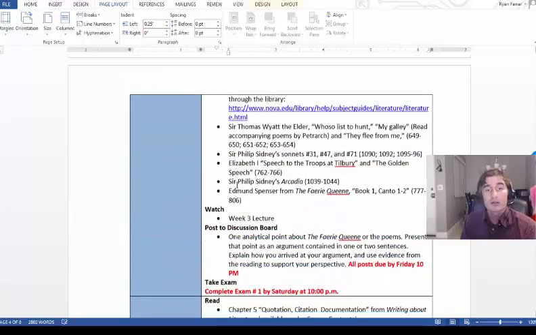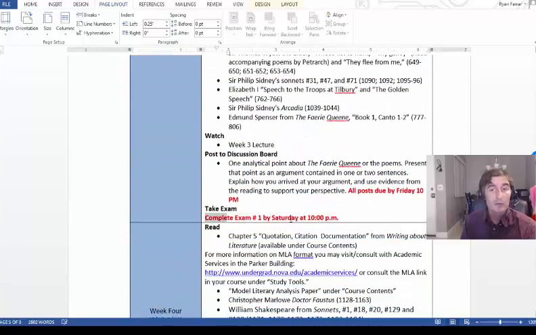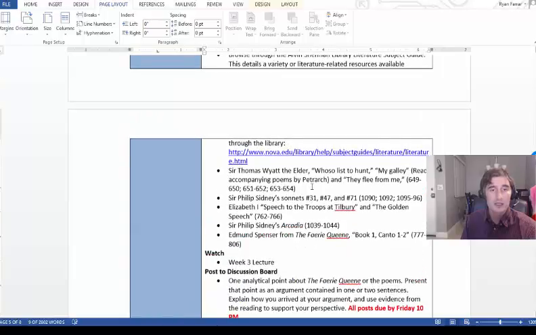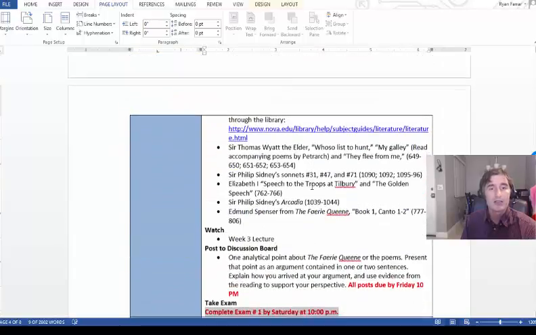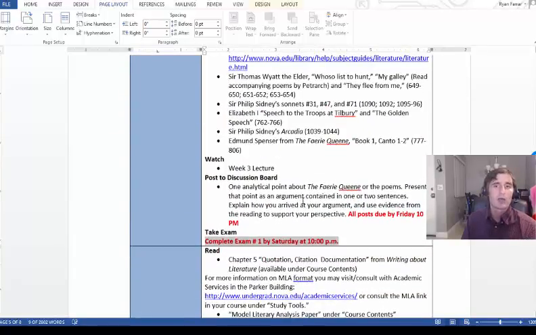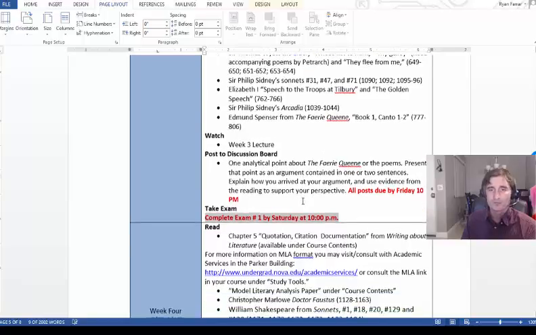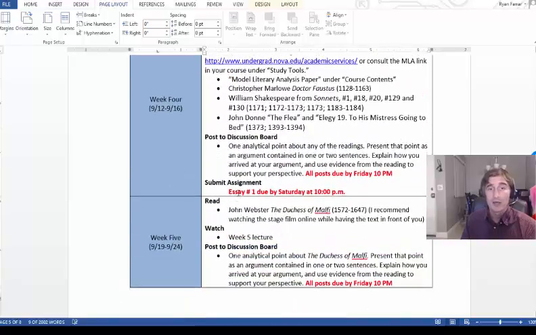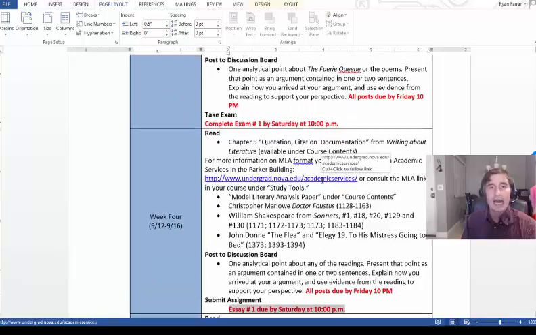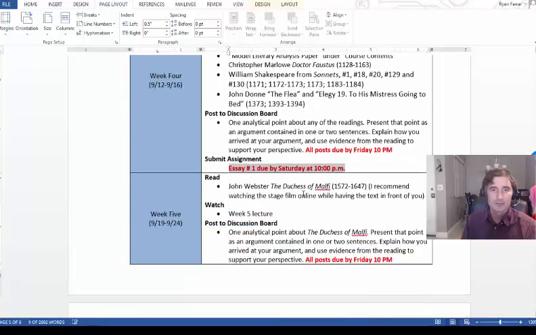And then if you look at the due dates, you have an exam before your first paper is due. Your exam will be due by the end of week 3, so that's pretty quick. And then your essay will be due the week after that as well.